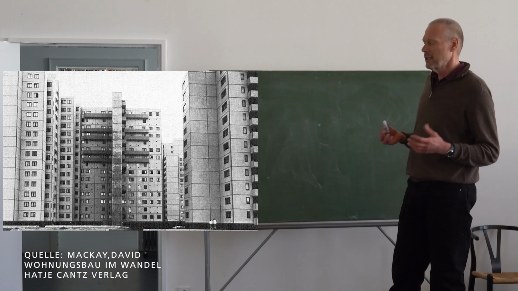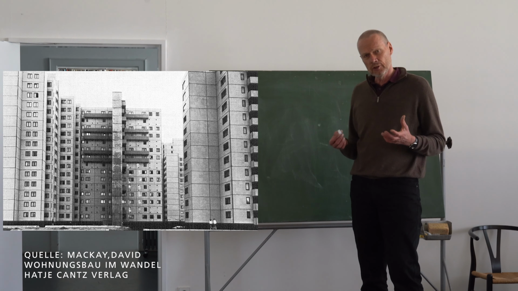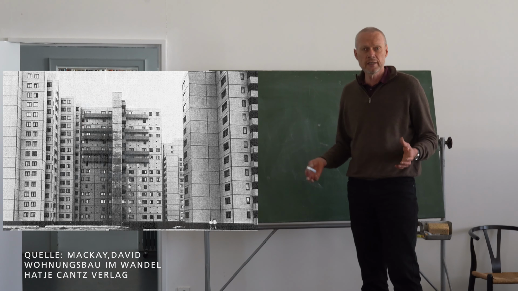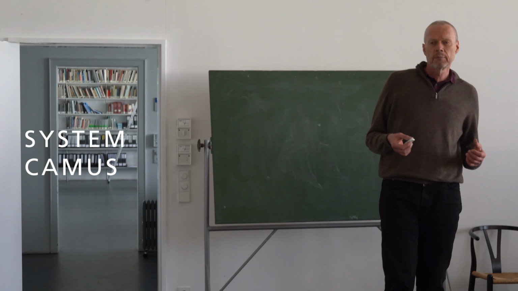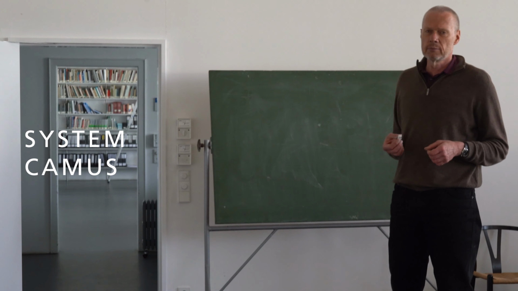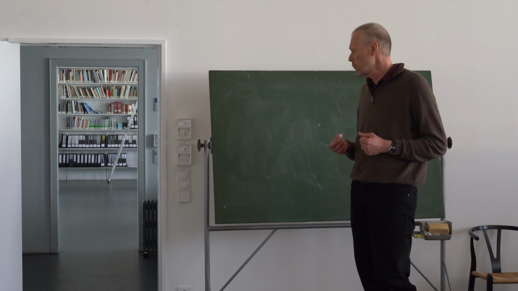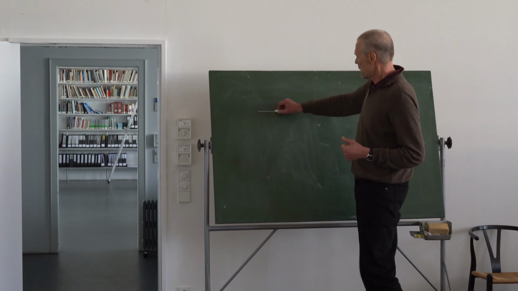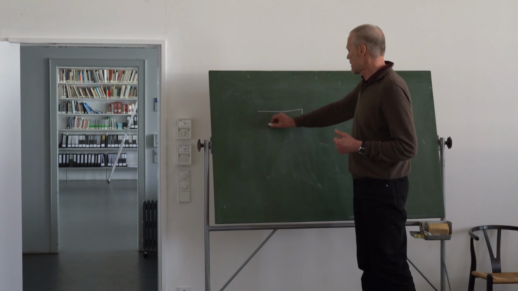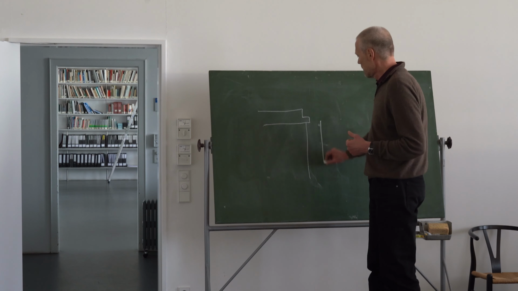And the big slab construction systems were based on a French system named Camus, developed in the 50s and mostly commercialized in the 60s. And the Camus system was a system of floor slabs and walls and